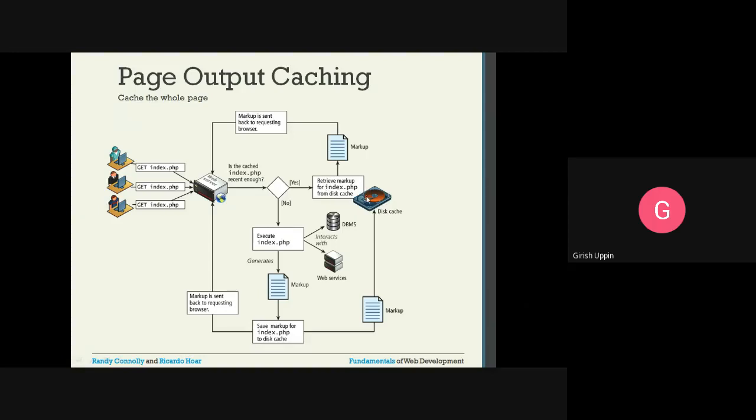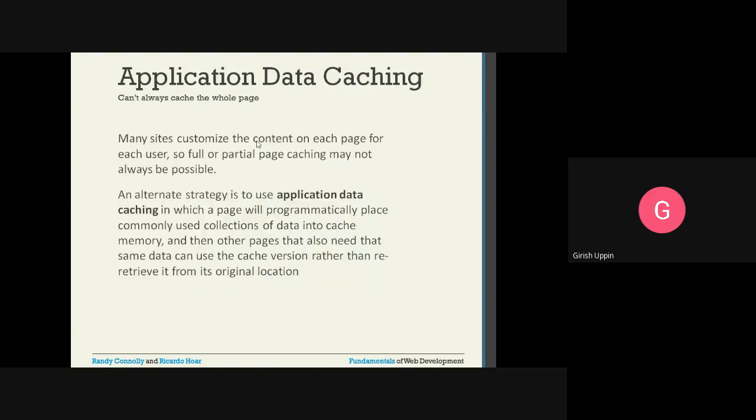The answer is yes. So instead of doing all these things, I am going to send that markup directly from the disk back to the browser. Similarly in this case also, yes, we have the most recent, and that is how we will get that markup from the cache instead of processing it from scratch.